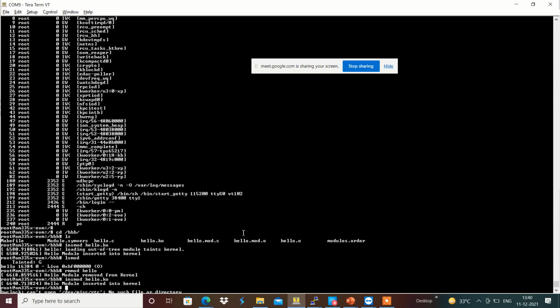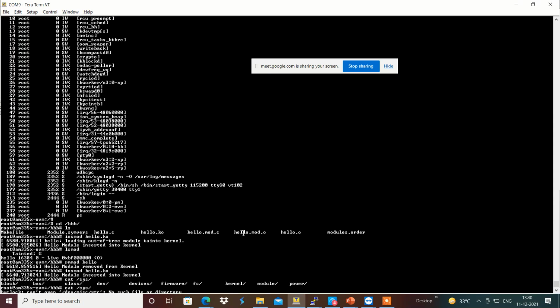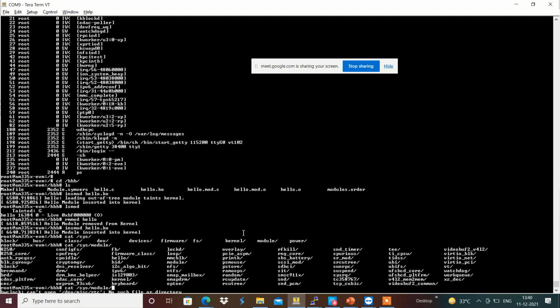Then if we want to get more information about the module, we can go into sys, which will provide the information about the module, and in sys module we will have all the modules which are available and loadable over here.